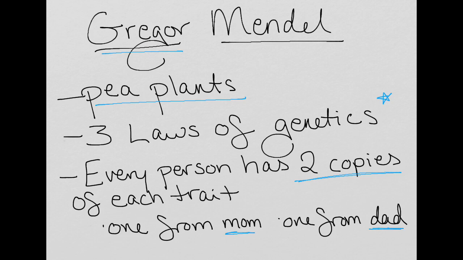And we now know that this exists because of homologous pairs. Right? You have a pair of chromosomes that have basically the same genes on them. The reason you have 2 copies is because you have a pair of chromosomes. One copy comes from mom, one copy comes from dad, and they occur on homologous chromosomes. But he knew about this before we knew about chromosomes and DNA, and he came up with all these laws before that, which really blows my mind.